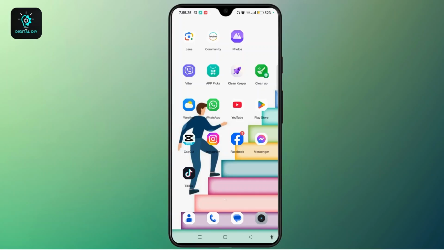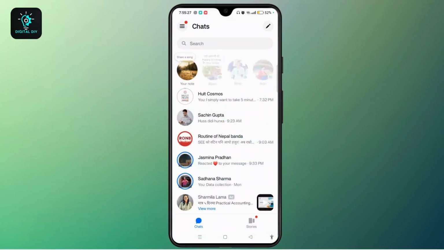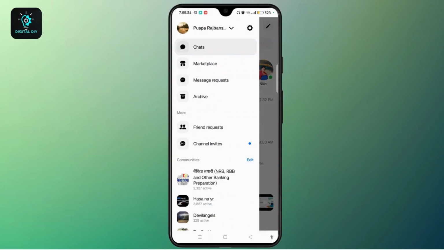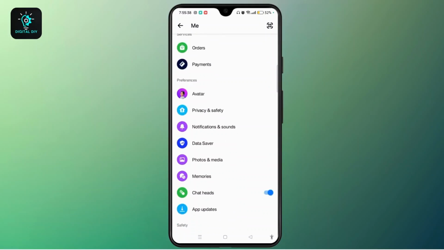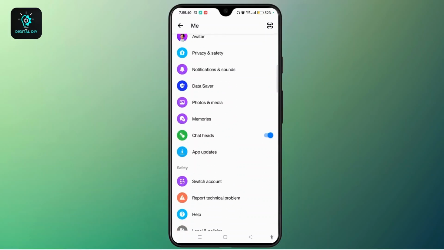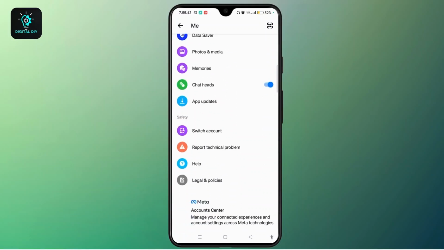First of all, launch the Messenger application and make sure that you log into your account. Tap the three-line icon at the top left corner and tap on the gear icon at the top right corner of your screen. Once you're on this Me section, scroll down and navigate to Chat Heads and make sure that you toggle the